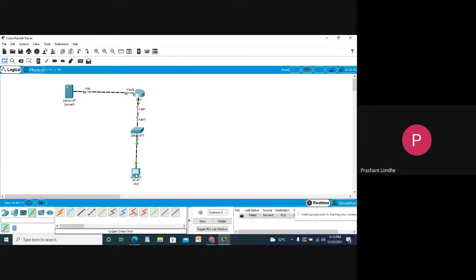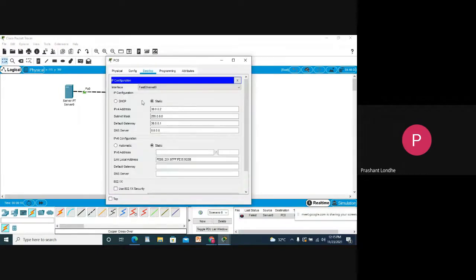Now for configuration, you need to set the IP addresses. For the machine, it is 30.0.0.2 and the default gateway is 30.0.0.1.